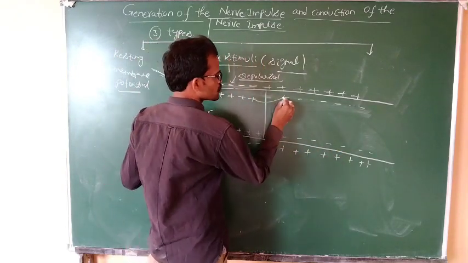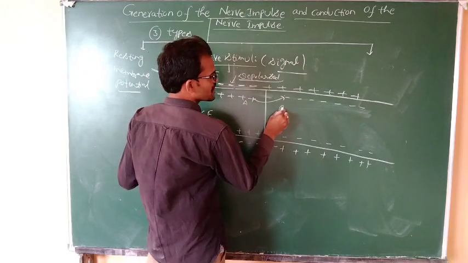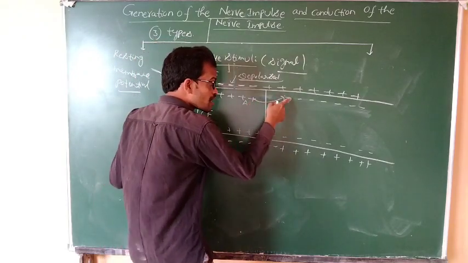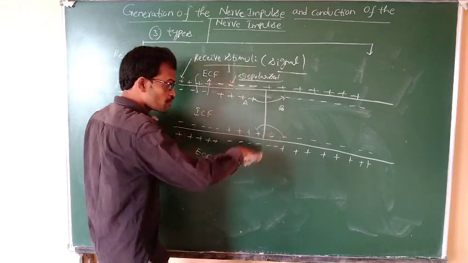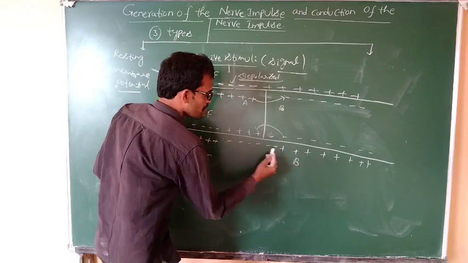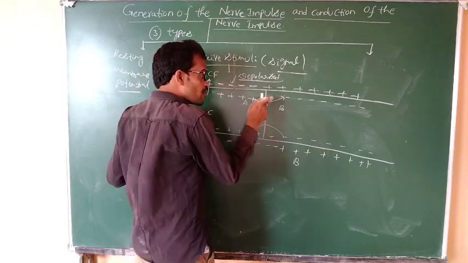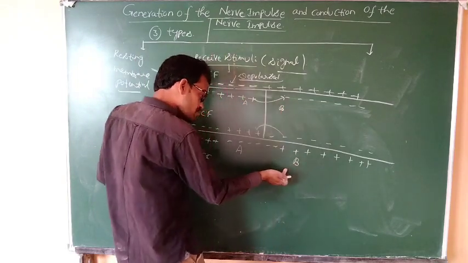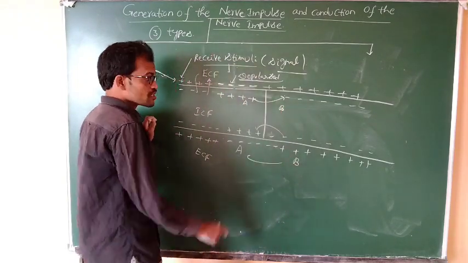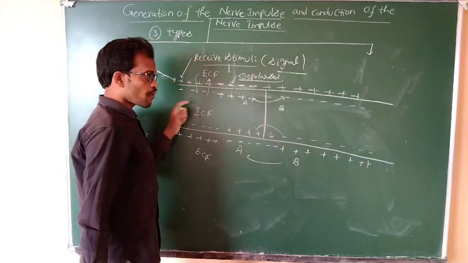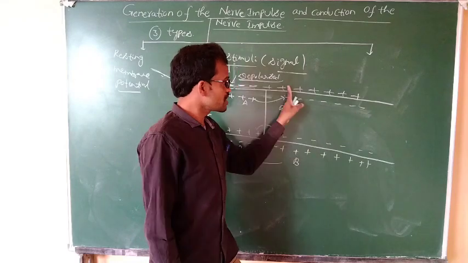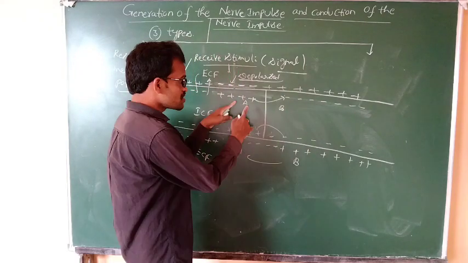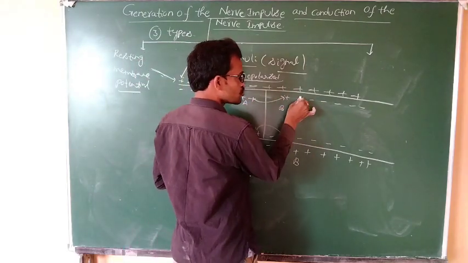See here, these positive ions are moving to A. For example, this is B. Positive moves toward the negative charge by attraction, and negative moves toward the positive charge. A moves into B, and B moves into A again. The positive moves into the negative.